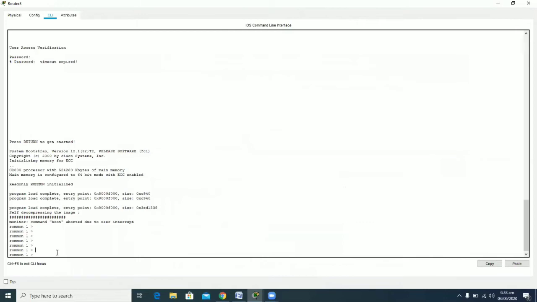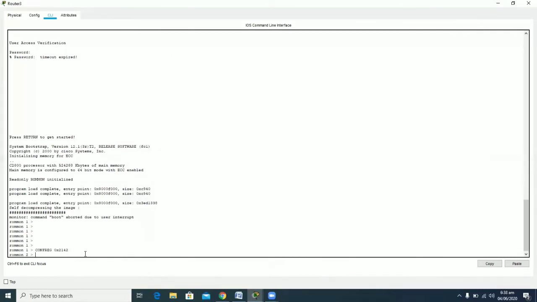So now I am setting the configuration register value to 2142, and the configuration register editing command will be typed by me: confreg 0x2142. So the configuration register value is now set to 2142. I have pressed enter. It has taken up the configuration register value 2142. That is the bypassing of NVRAM, the bypassing of all types of passwords, and entering you directly into the user mode without any configuration.